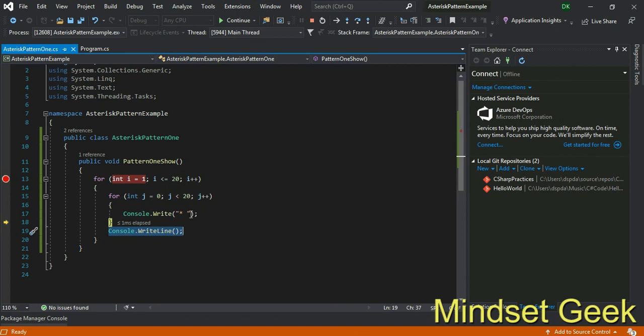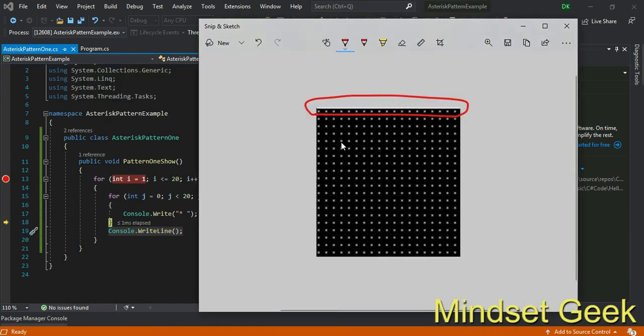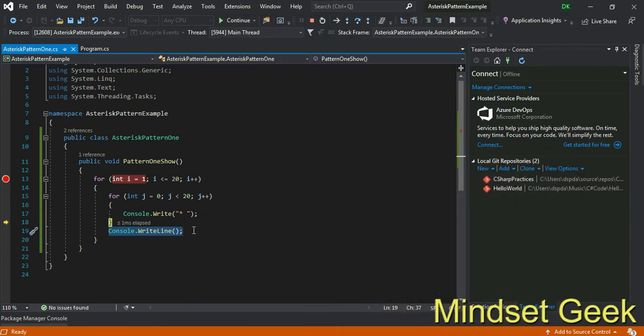Console.WriteLine means nothing will print, but the cursor moves to the next line. That means it comes to the second line, right? After 20 times, this for loop has executed.